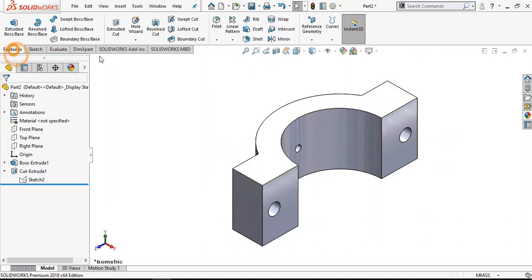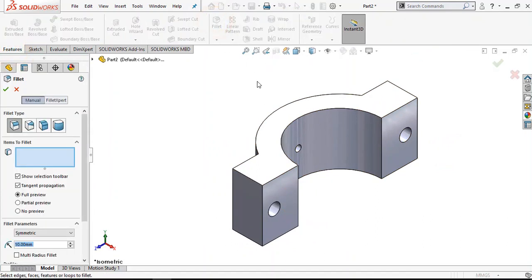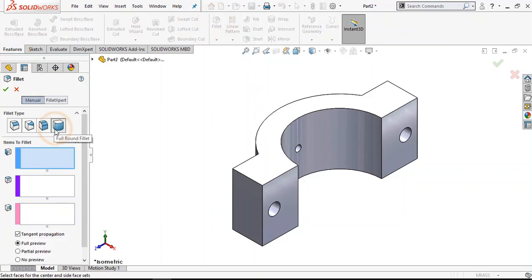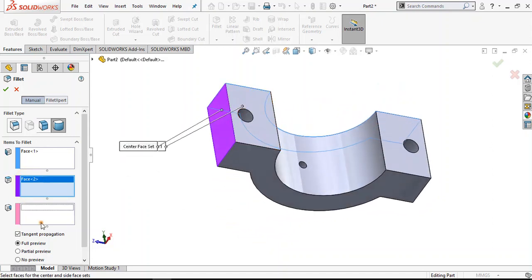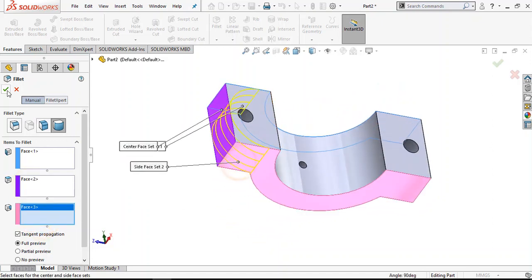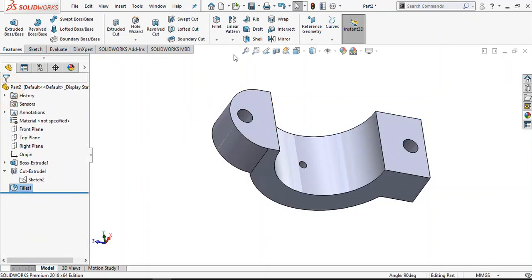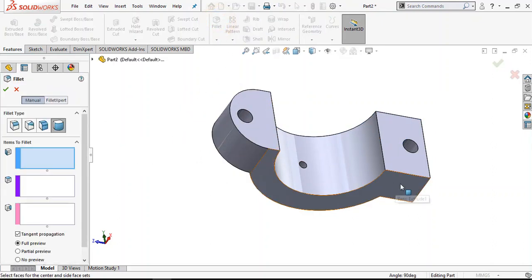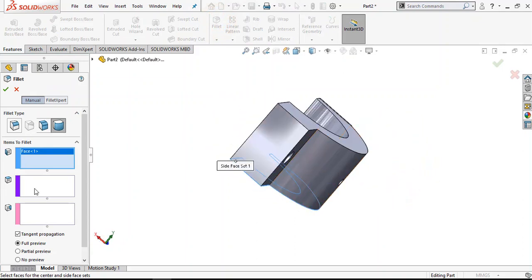Now go to fillets in the feature and select round fillet. Again select this face. In the second box select this face, and in the third box select this face. You can see the preview of the fillet. Okay. Again here also.